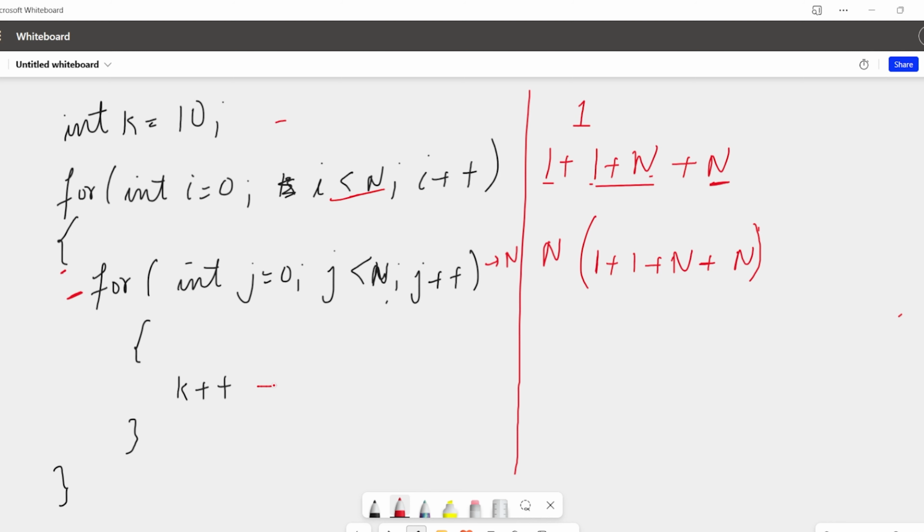Now for the most important part, you need to focus here. That means k plus plus. It is also inside of this particular loop and also inside of this particular loop. That is the for loop. This for loop is executing n times, and this for loop is also executing n times. That means n into n, and this is going to iterate n into n. That means n square. How? n for this one,